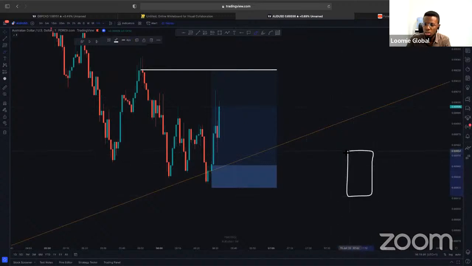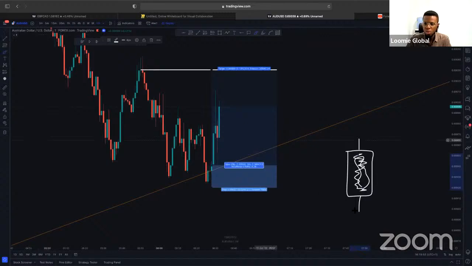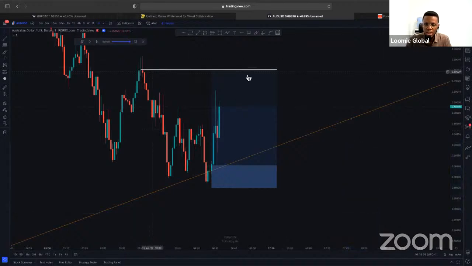So if you have your full candle like this, and you have your wick on this side and your wick on this side, you already know what the wick is. This part right here, where you have the color, this is the real body of the candle, right? I believe that is clear. We've taken one of our classes back to talk about it. So I can use the real body right here as my target.